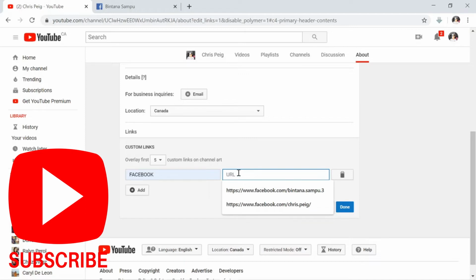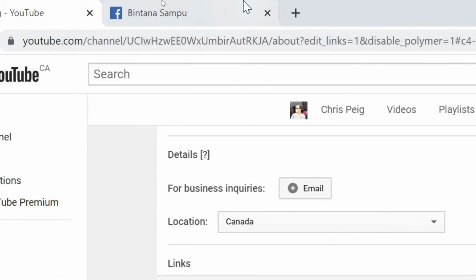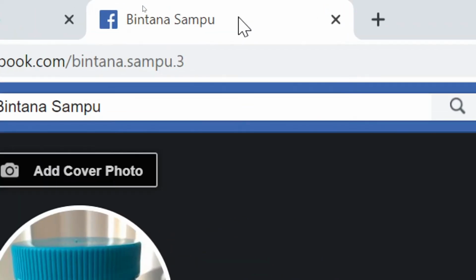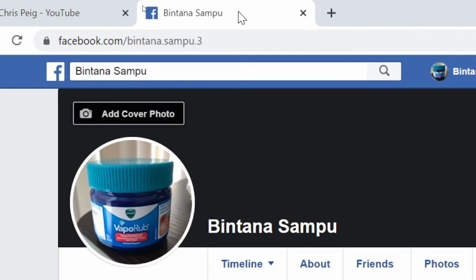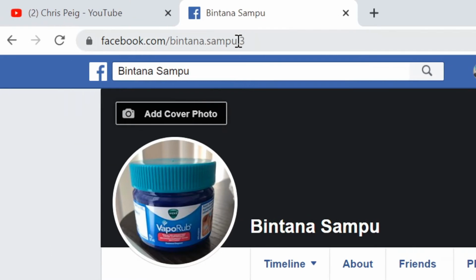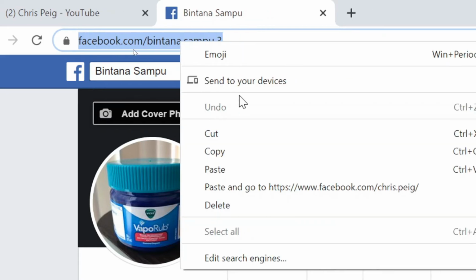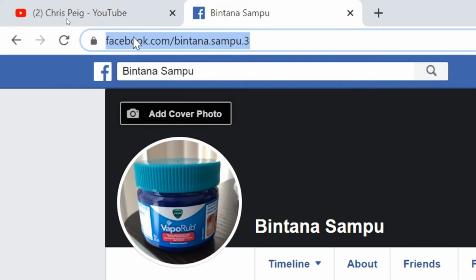So at the top of your address screen there, go up on the tab bar and go to your Facebook tab. So now on the address bar, simply click the facebook.com. What we need to achieve is to copy the link. So go ahead and copy the URL. Copy. Or you can just say Control C